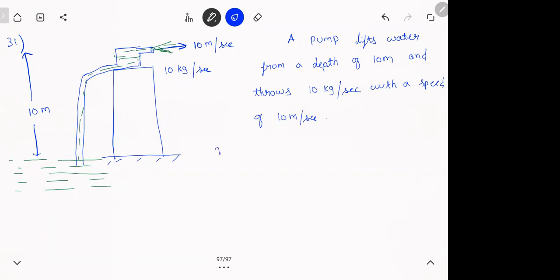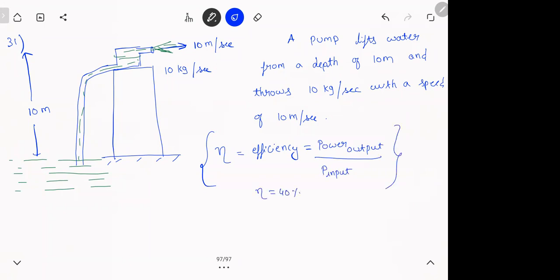The efficiency of the pump, this is a symbol for efficiency. We call it eta. Efficiency is what? Our output, how much are you getting by how much you give? So here efficiency of the pump is 40%. For different pumps, you'll have different things. Meaning if you give 100 joules, only 40 joules is used to lift the water. Remaining all becomes heat and wasted. Find power supplied to the pump. How much electricity is the pump using? Basically, I'm asking power input.